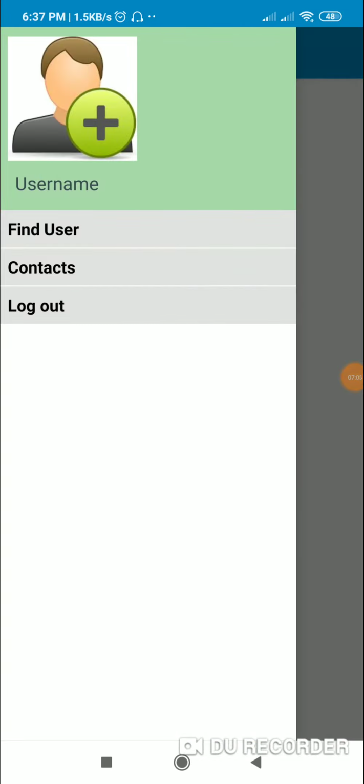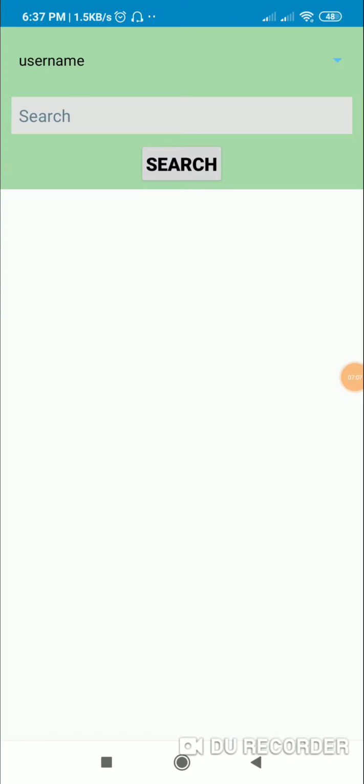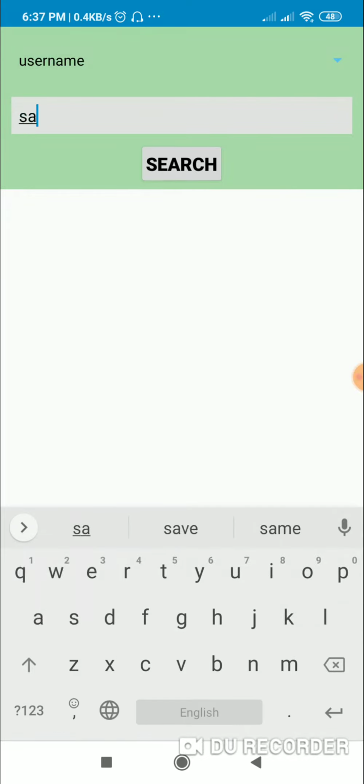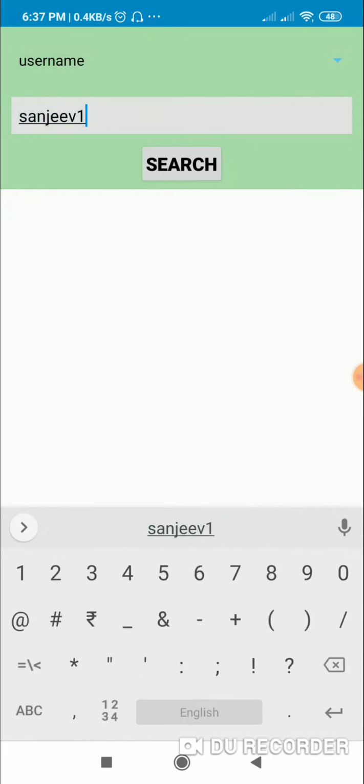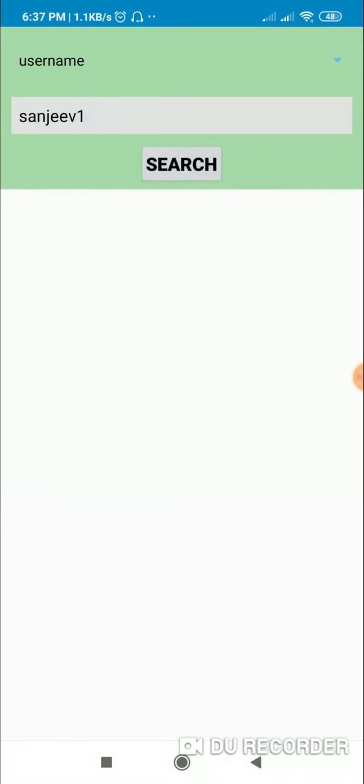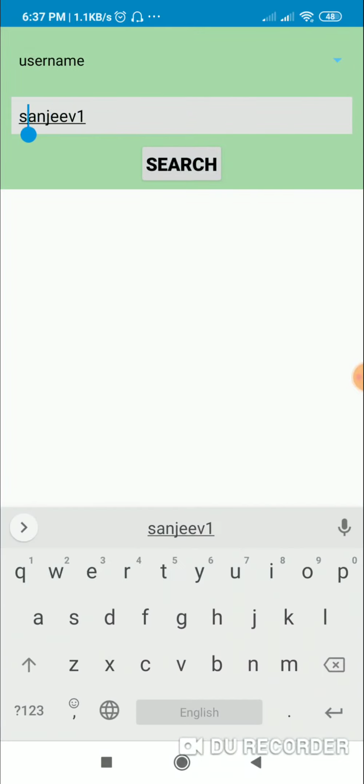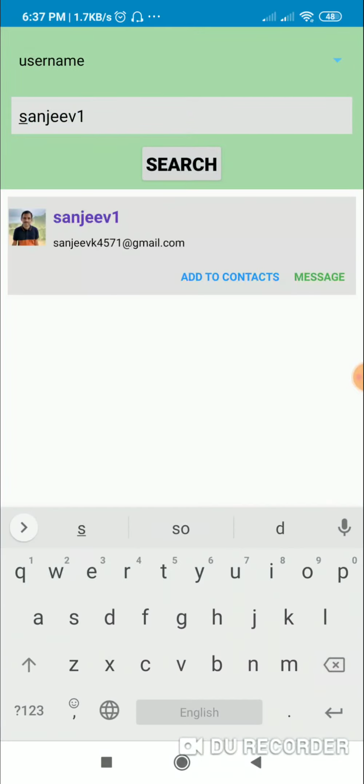So here when I click on find user, I move to this search user activity, and here I am searching by username. So if I search username Sanjeev1, okay, it didn't find this. Yeah, so now it is displaying this username Sanjeev1.